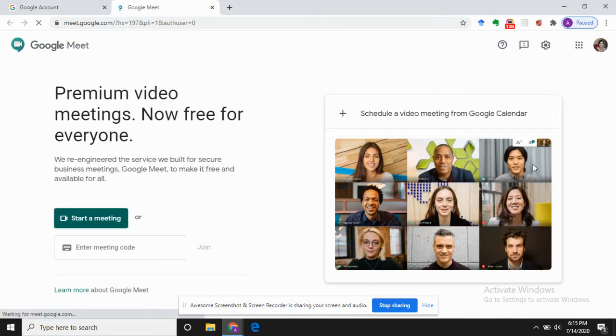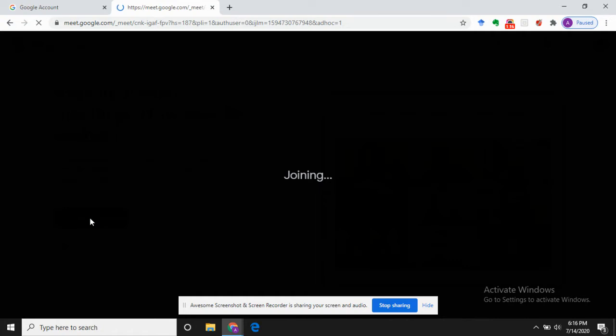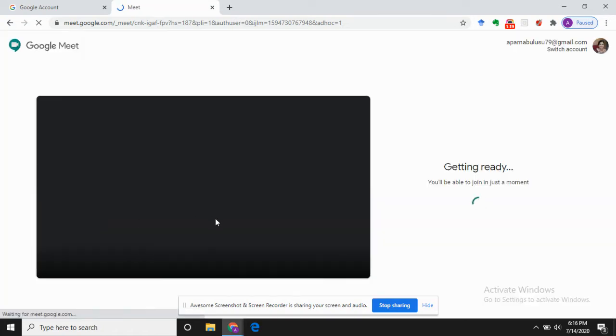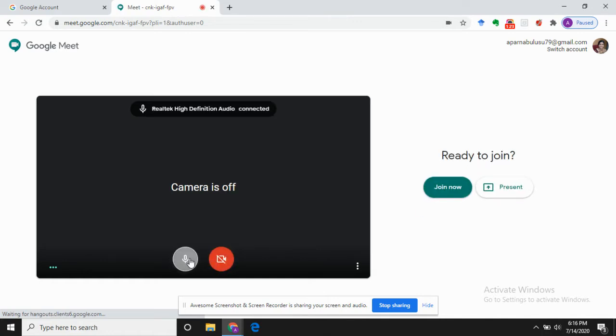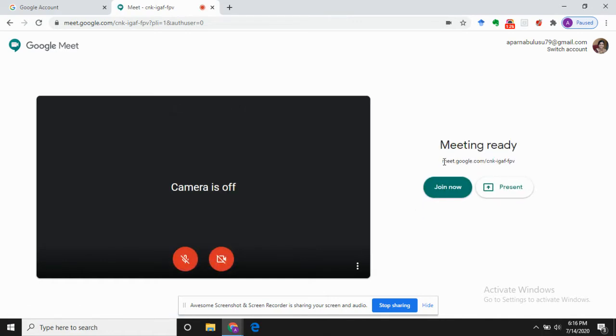There are two ways in which you can use this. You can either start a meeting right away, or you can use it to schedule a meeting for a later point of time. Clicking on the start a meeting button will start off a meeting immediately, and you can use the code that comes up and share this particular meeting code with your students, either through your WhatsApp groups or through your Google Classrooms, so that they will be able to join your meeting.